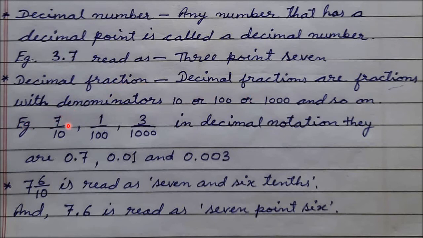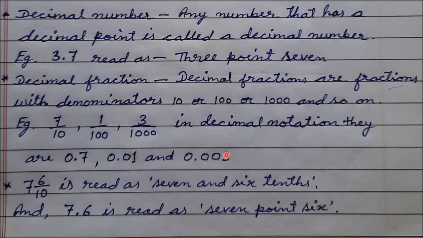Example, 7 by 10, 1 by 100, 3 by 1000. In decimal notation they are 7 tenths, so 0.7, 1 hundredth, so 0.01, 3 thousandths, so